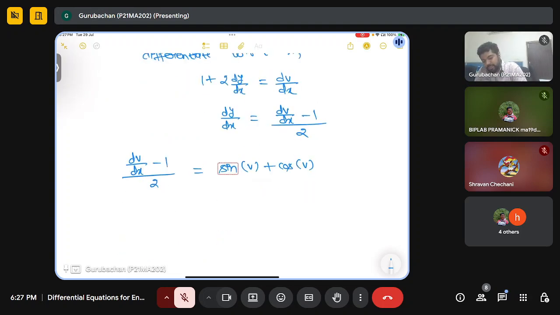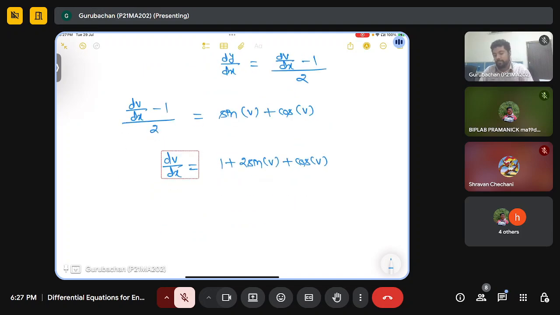So if you solve it, dv by dx will be 1 plus 2 times sine v plus cos v. So from here we will get dv divided by 1 plus 2 sine v